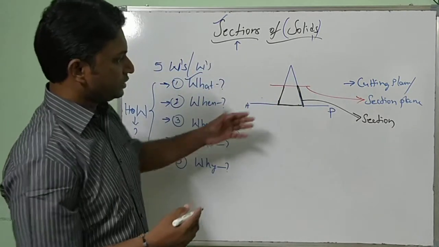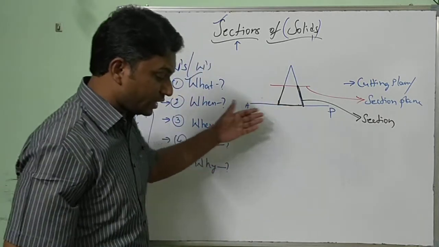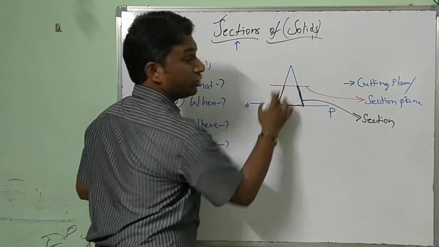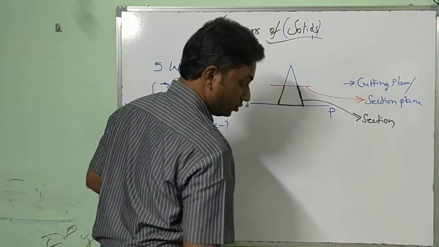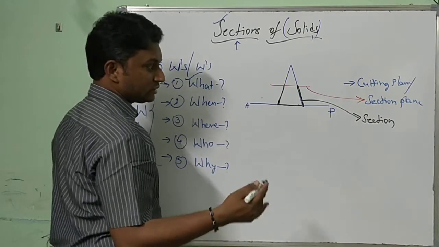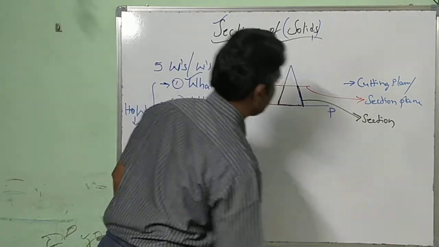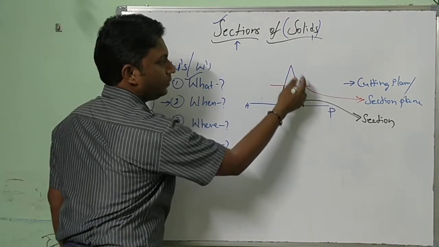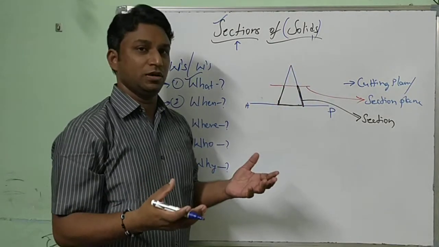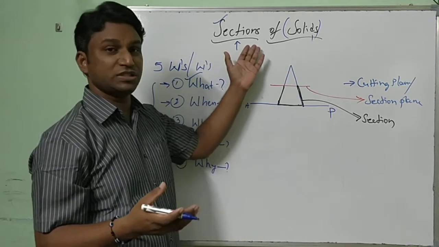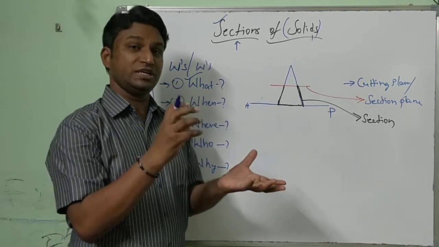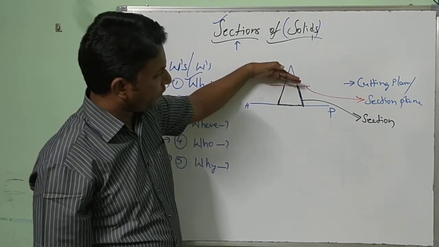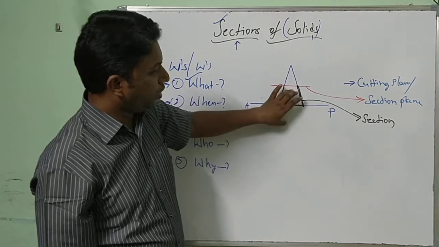See, it is generally indicated with the help of section lines. Now, one more important thing you have to remember here. When you cut this particular place and remove it, we will be able to see some details, as I said, when we use sections of solids. At this height, when I have cut using the section plane, the bottom is the section.